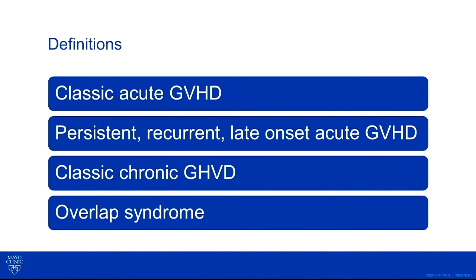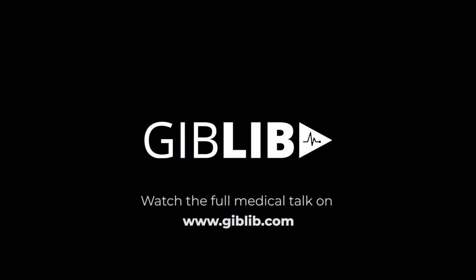So classic acute GVHD usually develops within the first 100 days following the allotransplant. And that's usually when we see them in the inpatient setting. Persistent, recurrent, or late onset acute GVHD occurs later than the first 100 days. And these do have features of the acute, not the chronic. Classic chronic GVHD occurs anytime post-transplant with the distinctive features of chronic GVHD, not acute. And overlap syndrome is one of the newer categories where the symptoms can present any time